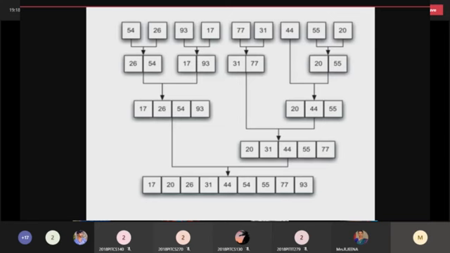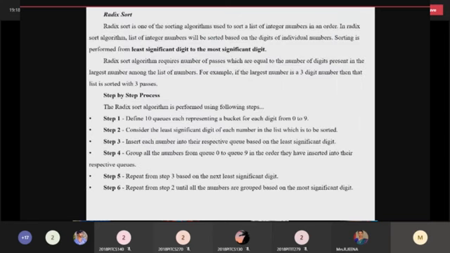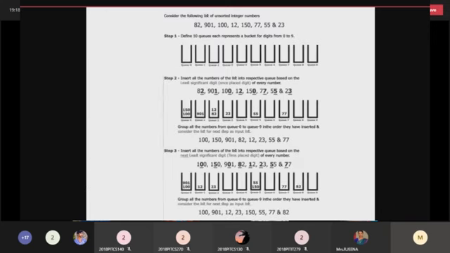Then radix sort or bucket sort. So this is having buckets. Here the memory space is high compared to other sorting techniques, but the other sorting techniques take more time, and this is very much easier. Here only the memory space will increase. So here you have to take operations like 1 bit is 10 space and 100 bits. So 1 bit means you have to take the buckets like 0 to 9.